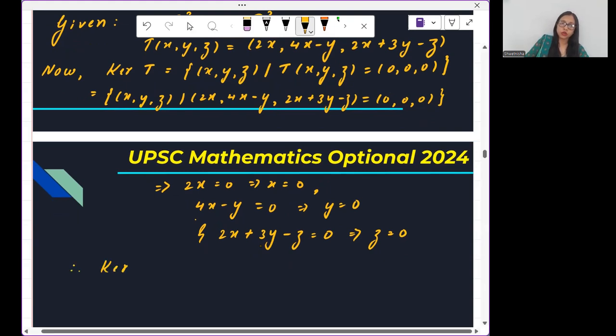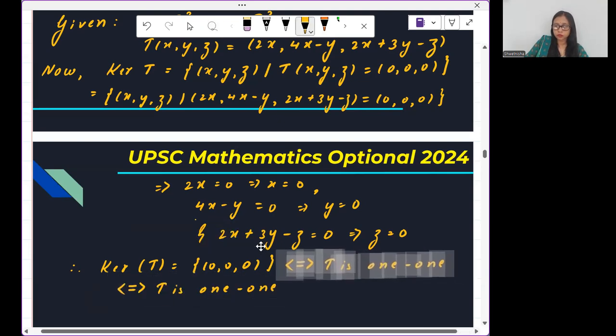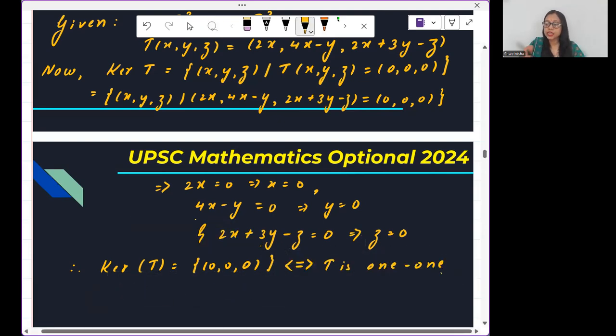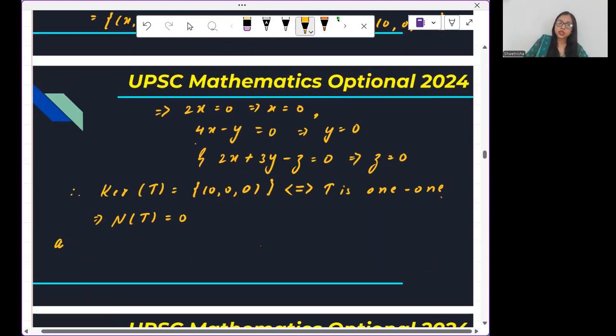Therefore, the kernel of T is 0, 0, 0. It is if and only if T is 1-1. Okay. When T is 1-1, it implies the nullity of T is 0, and